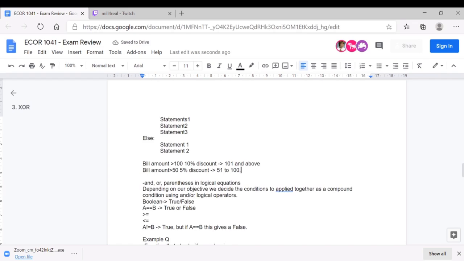Why? Because the failing boundary of the first comes to the next one, and the new boundary in this one is where the first one ends, which is its starting boundary. So in this case, we need an elif. Why? Because if you just have an if, you would execute the first one and put a 10% discount, and if you have an if again, your amount is still greater than 50, and you will put a 5% discount again. That would lead you into errors.